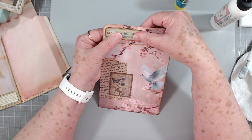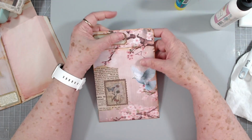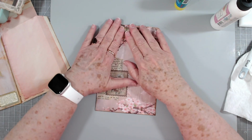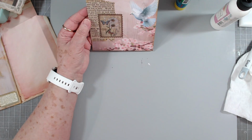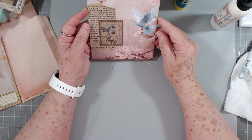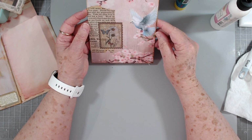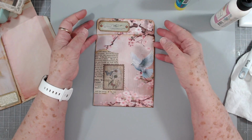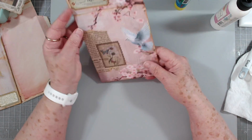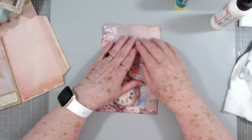Hopefully I got it straight-ish. Okay. So there is that. Let me look at it. I don't think it looks too lopsided, like I've got everything over there. Maybe not. With this dove, I think it'll be okay. And then on this side,